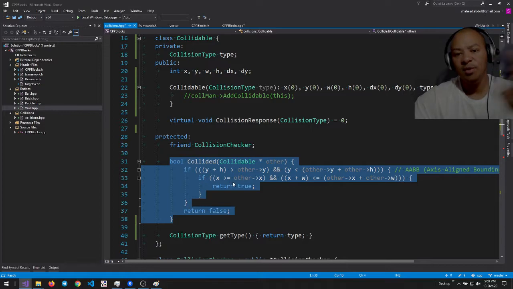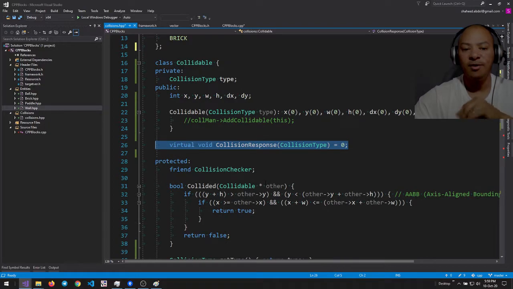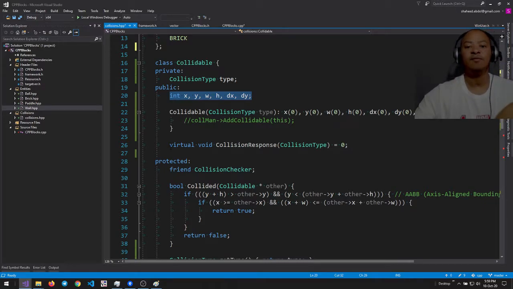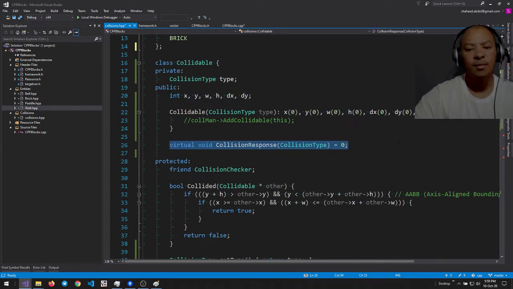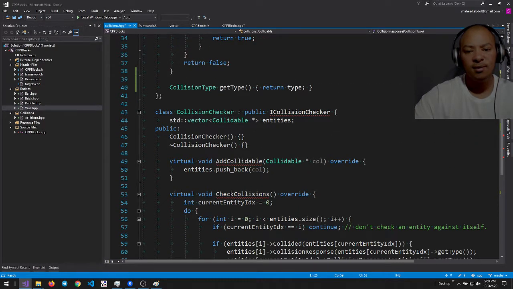It should be in an implementation file. This collision response should sit here. It should be public. It should be inheritable. When you inherit this from this class, you now have these public attributes that you can access and do things to. You need to obviously affect X and Y with the knight to move this thing around, but that's publicly accessible. You can set the DX and the DY and things happen. And then you've got a collision response, right? So this,